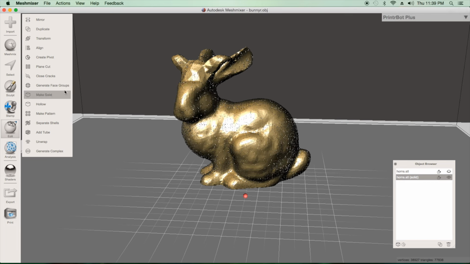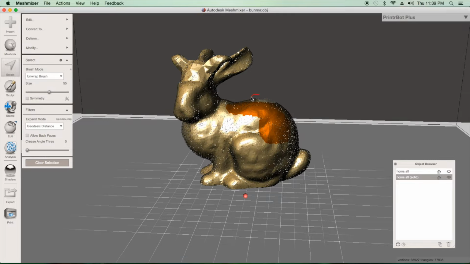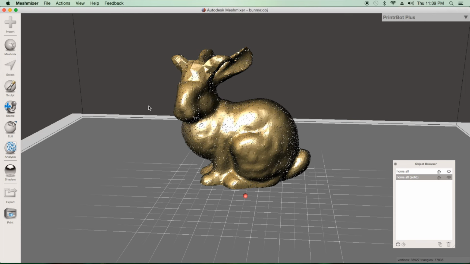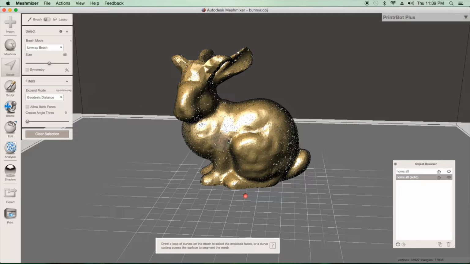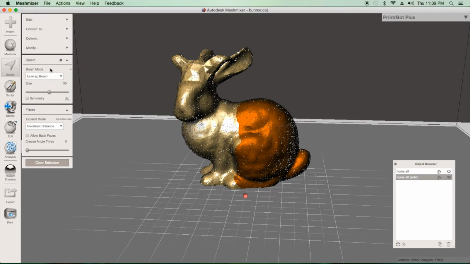One thing I will show you real quick, if you go to select and you go to brush here, you can actually paint for whatever reason. Clear selection. So select, you can actually paint or brush the body and the helmet to different colors. You can adjust the brush size here, so as you get really close you can get more detailed, but if you're just doing the body itself, then you can just go big